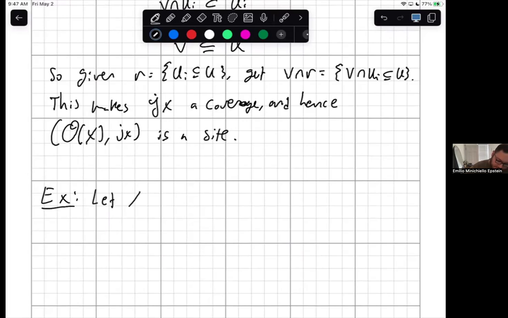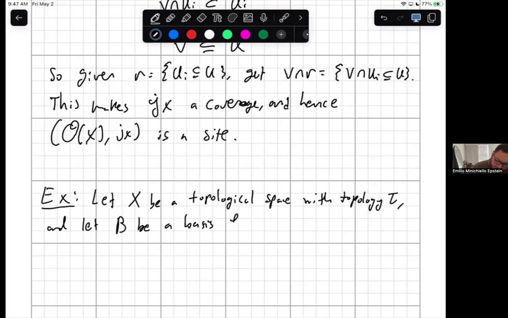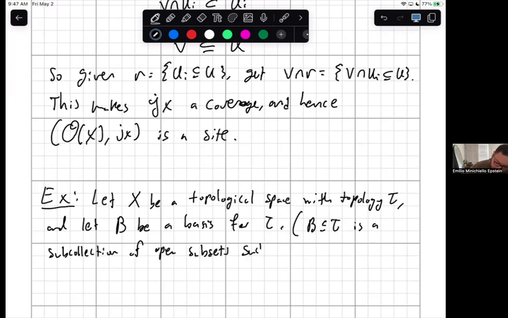So let X be a topological space with topology tau, and let B be a basis for tau. So what does it mean to be a basis? That means that B is a subset of tau, a subcollection of open subsets such that